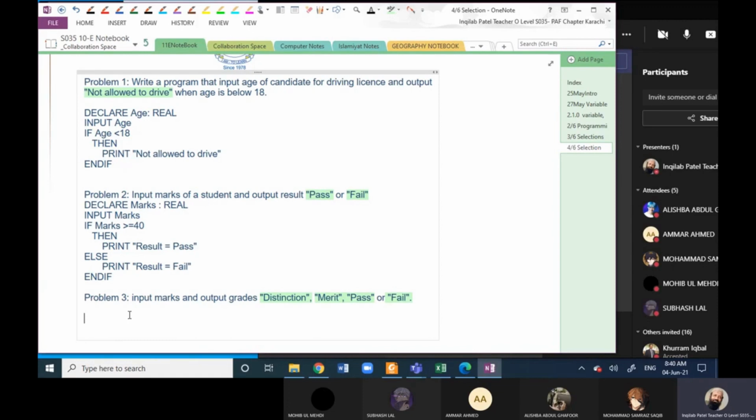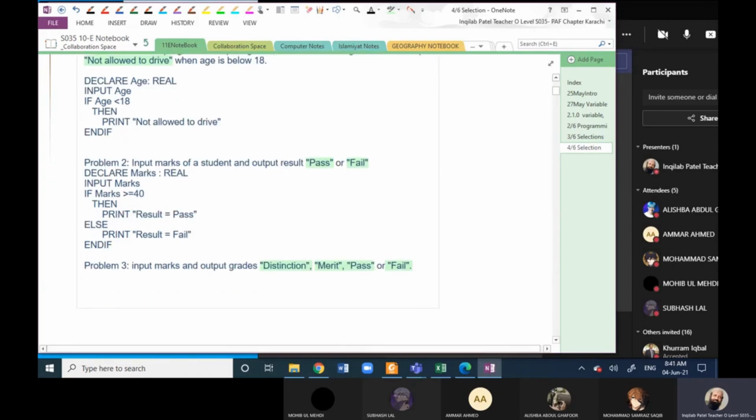If we are writing this code using the if statement, what will we write? We will write declare marks real, then we input marks, then we will use the if statement.